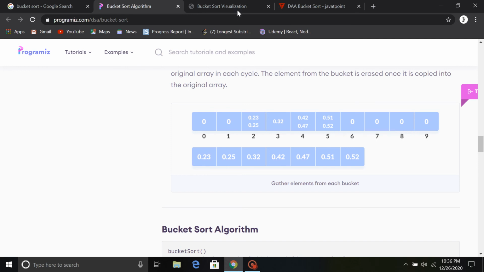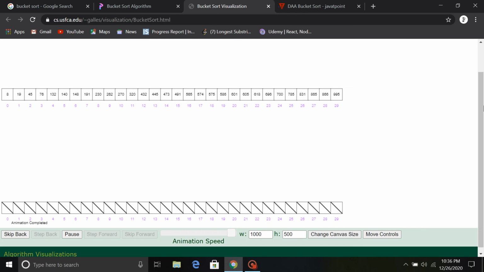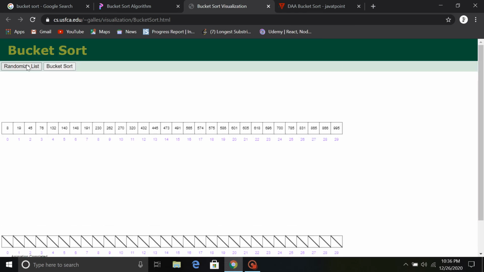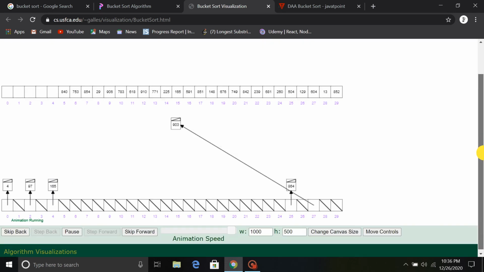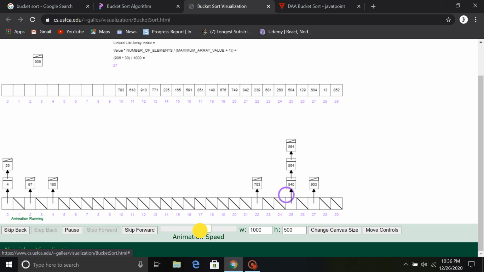Now you can also visualize it through this. We have created a random list, that is the input array, this is array A, and this is array B. So we have created a random list, the input array that the user has inserted. Now we are applying the bucket sort here. So I'm going to slow down the speed. You can see here that